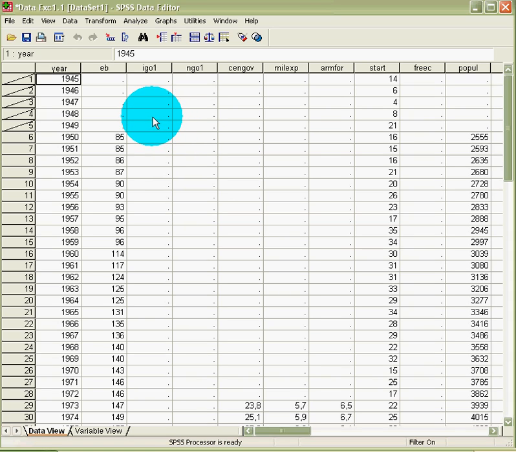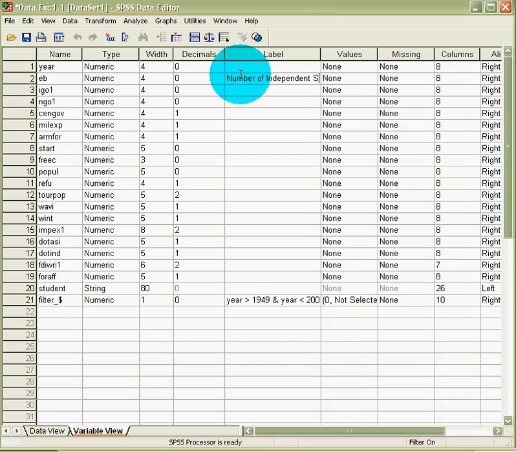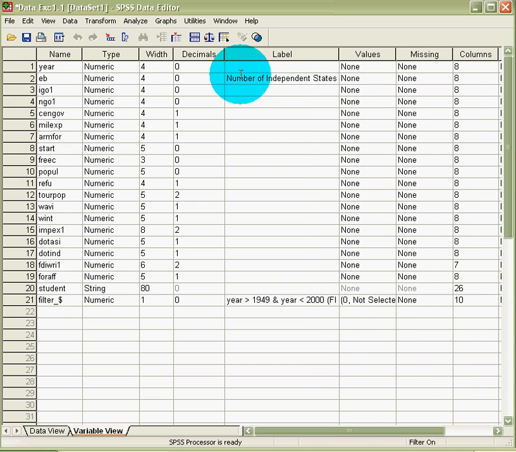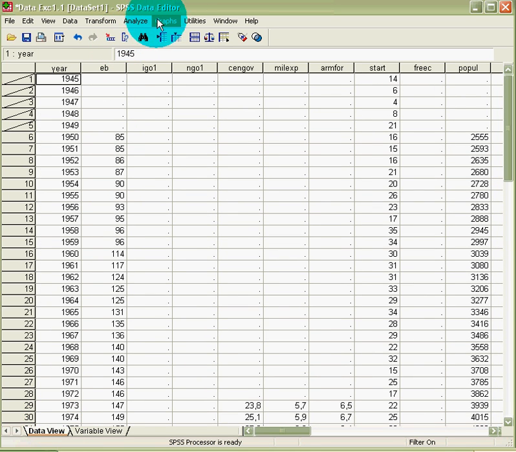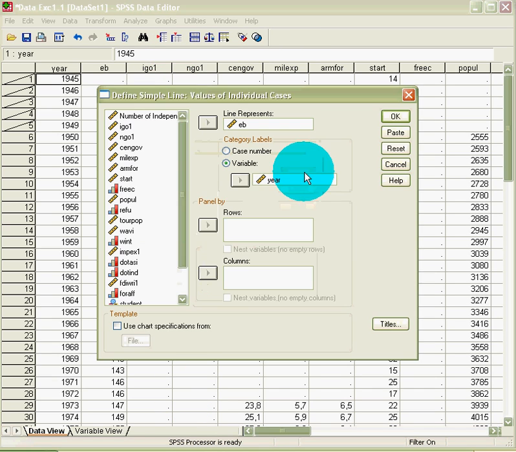Are there other things we should do? For instance, this AP. This doesn't look nice. If we want to have the right name on the label, we should change the label. In this case there is no label, so we put in a label, and let's call it the number of independent states. Okay, plug that in, and now let's recreate this graph again. Simple, everything is still set. This is still the same. If we create the graph now,